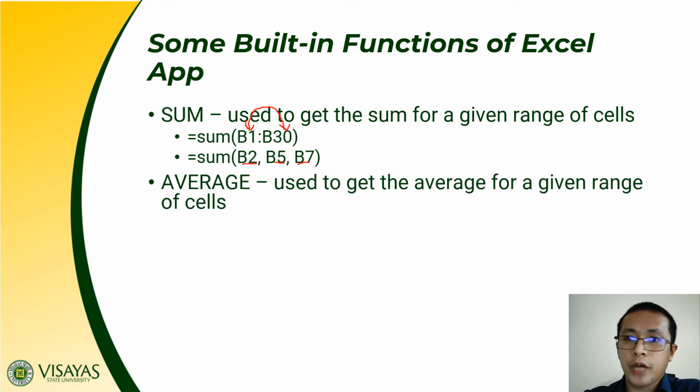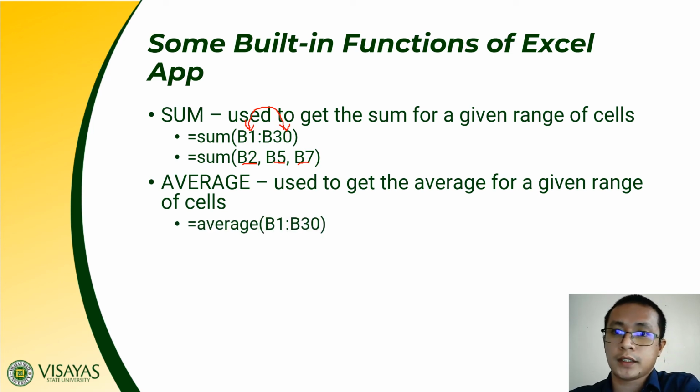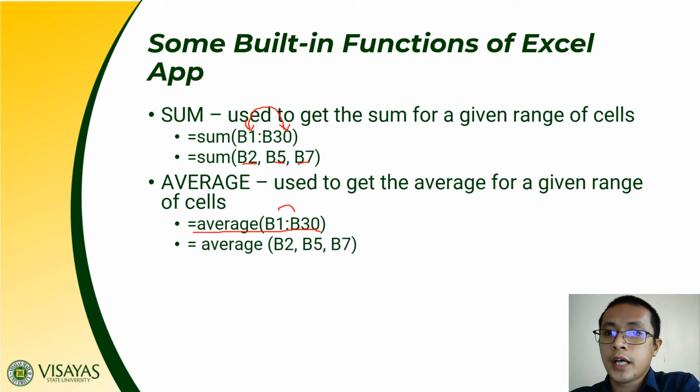Then we also have your average function, which is of course used to get the average for a given range of cells. If your data is consecutive, make use of colon, like B1 to B30, with an average function. And then again, if they are not consecutive, you need to specify the address where the average function is to